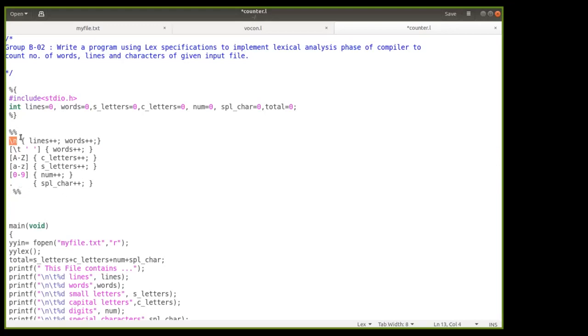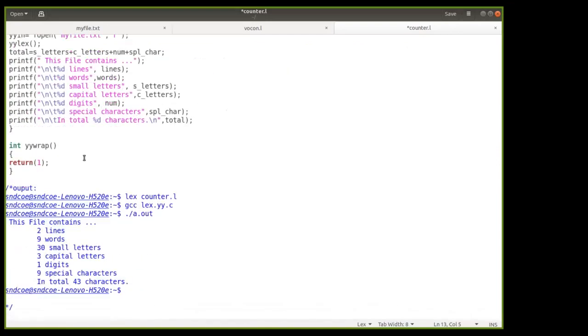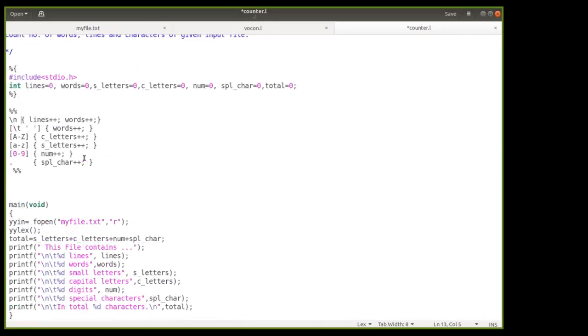Also, in order to count the words, we utilize this \n, which also helps us count the words. So \n indicates the new line. Whenever we go to a new line, that time the lines variable will get incremented, as well as the words variable will get incremented. Understood?